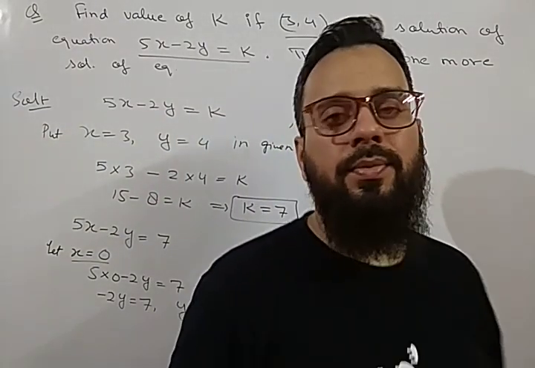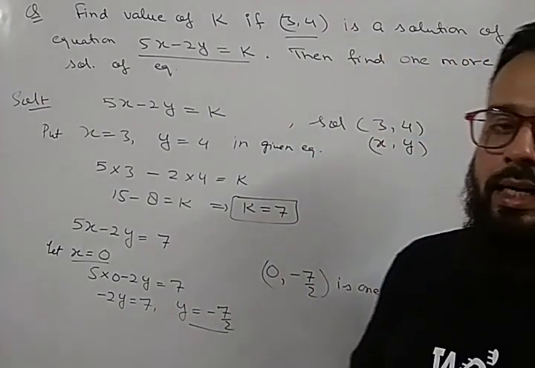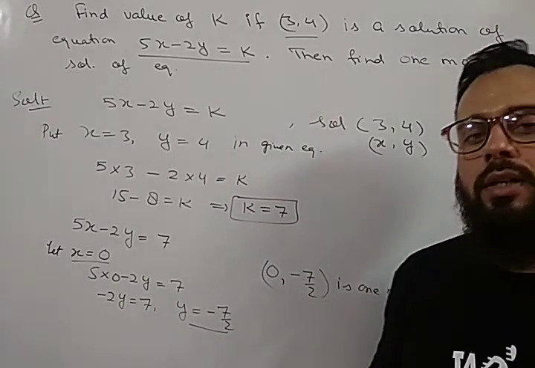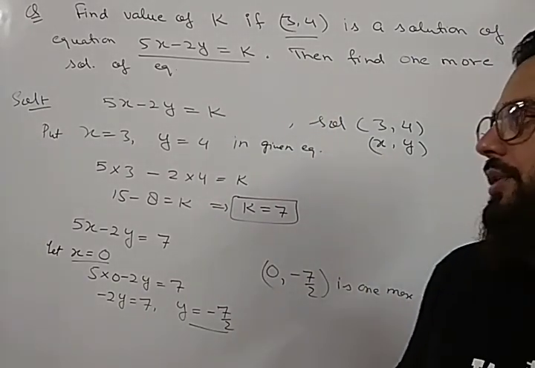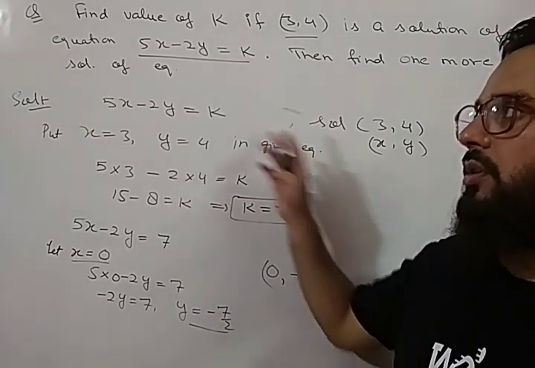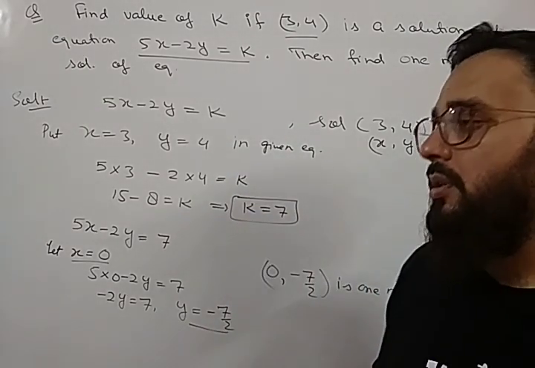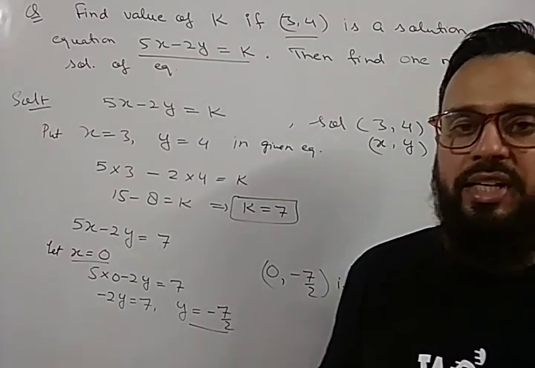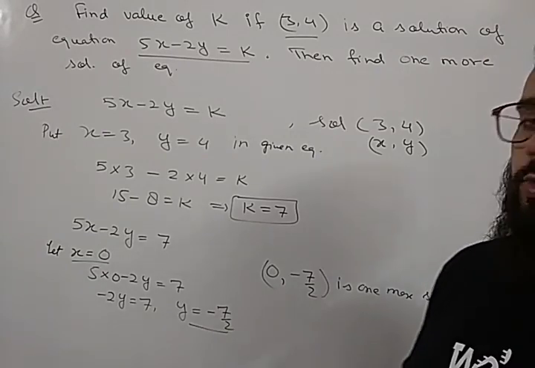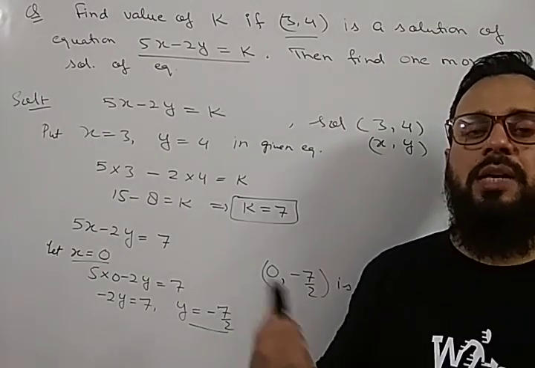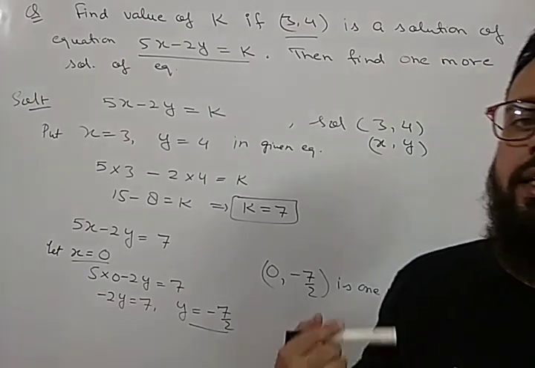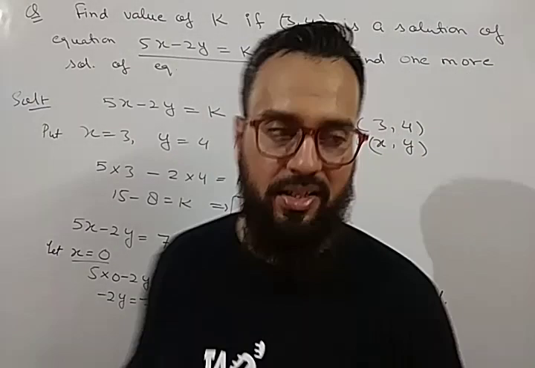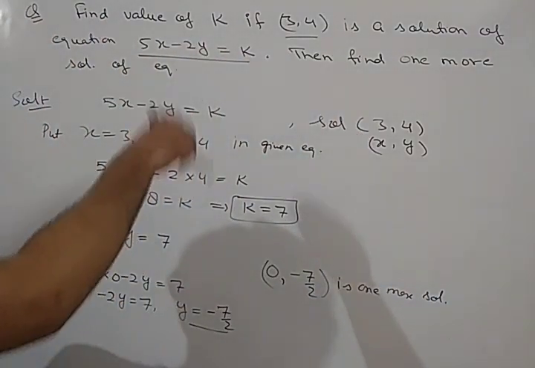So today we have discussed what is the meaning of solution of linear equation and how to find the solution of linear equation and how to find the value of any unknown from the linear equation if the solutions are given. Okay, so today we will solve the questions based on these topics, and from the next video we are going to start the graph of linear equation in two variable. Okay, we will discuss about the graph, how to plot the graph of linear equation, what will be the shape of those particular graphs, and how to find the areas of different linear equations from the graph. That will be our next video in the next topic. So before that you have to complete all these questions.